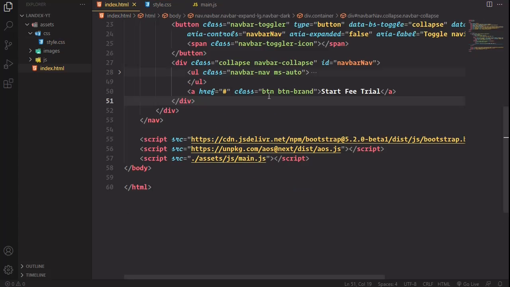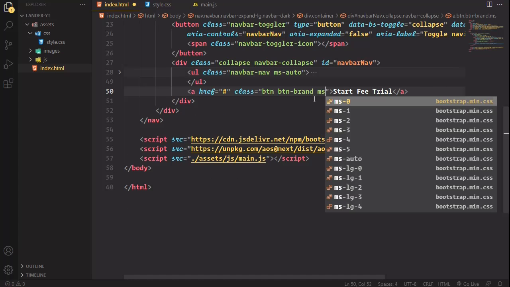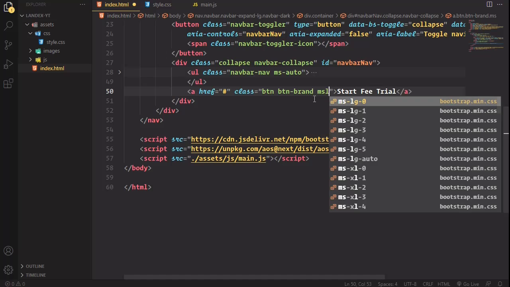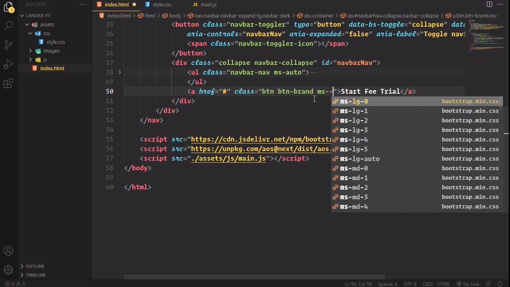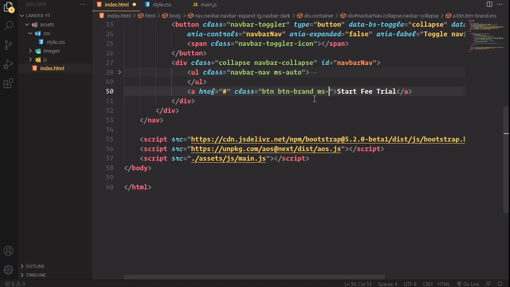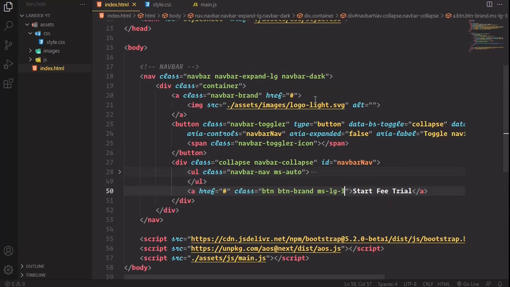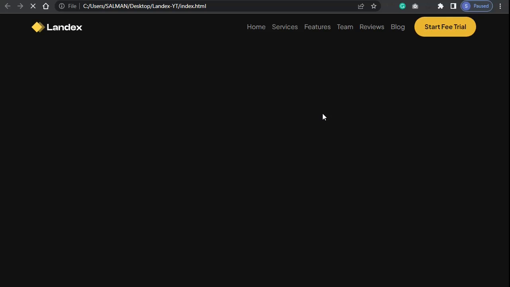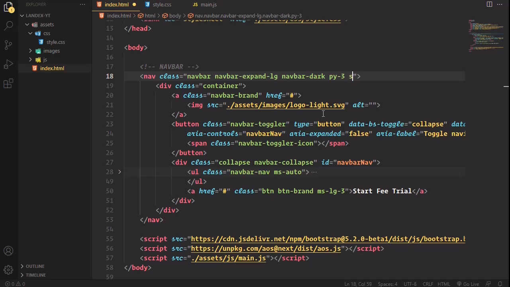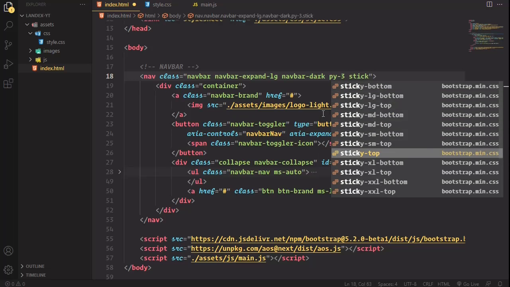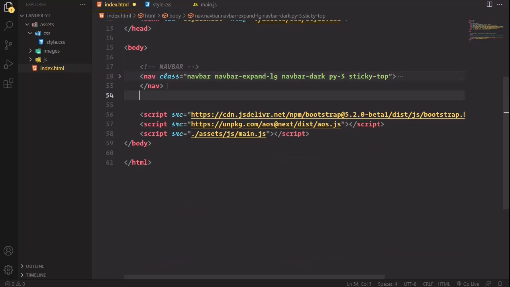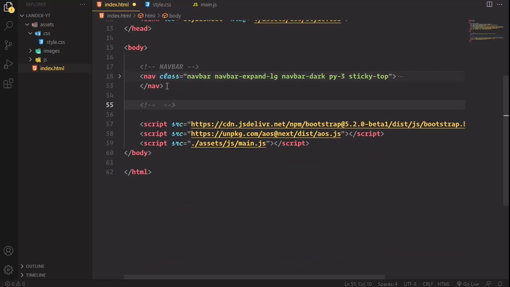So I'm gonna select this button. I'm gonna add a class margin start, which means from the left side. On large devices and above will be 3 rem. Okay, and I'm gonna add another class. I'm gonna give a padding top and bottom 3 rem as well to the navigation, and I'm gonna add a class sticky top. Okay, I'm gonna add a comment. This will be